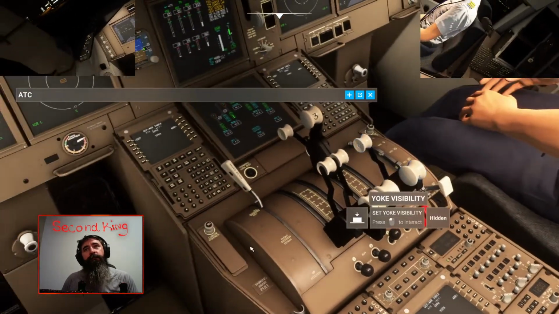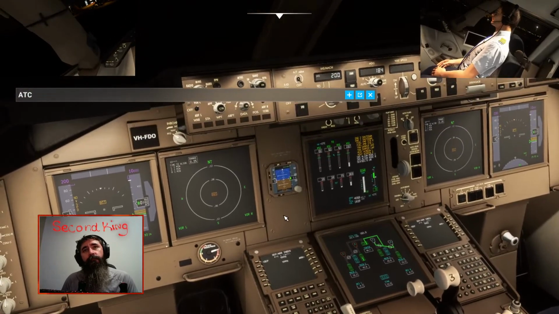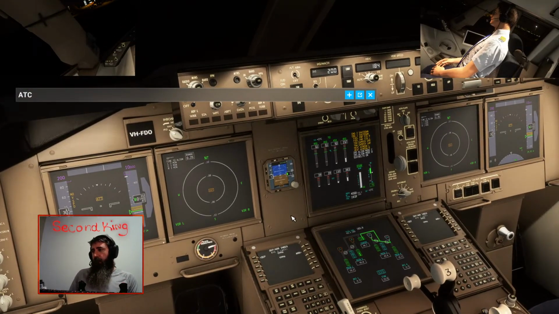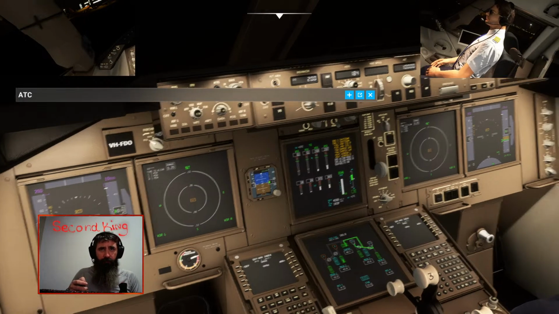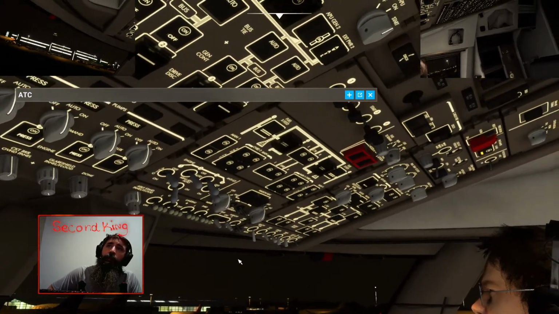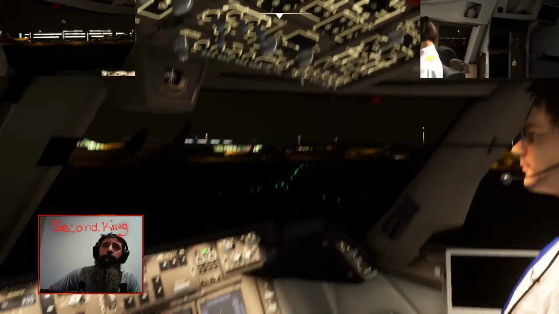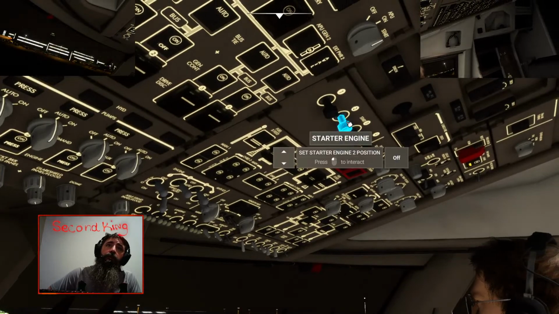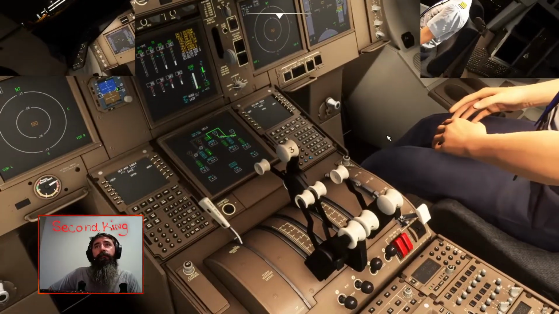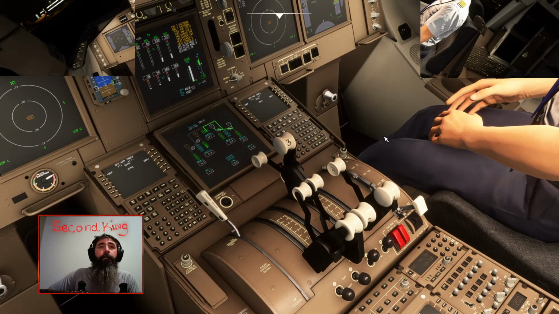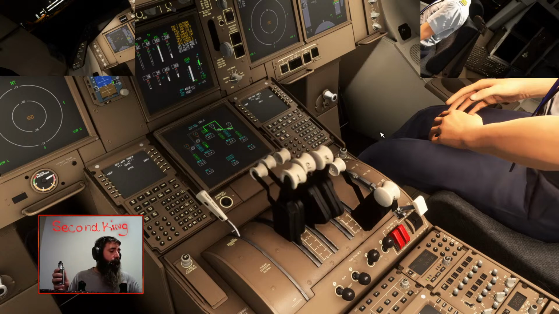Fuel in for 03. Number 3's alive. Did it start? Yes. We'll start 2. Two's coming alive.